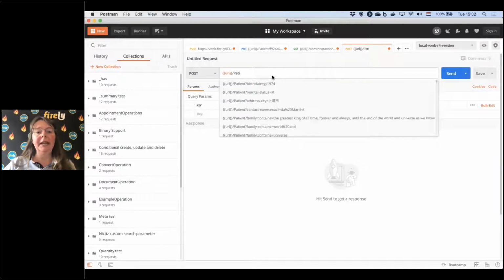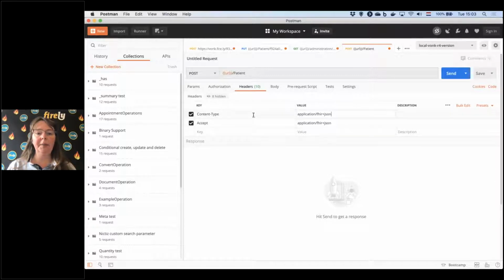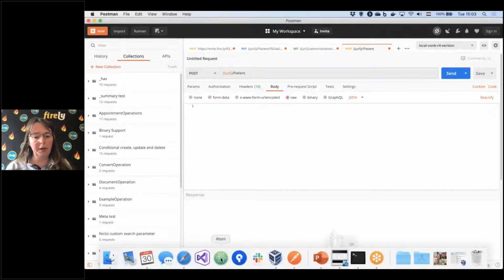I could create a patient on the Vonk system. Creating a patient with HTTP is done with an HTTP post to your endpoint, to your Vonk system in this case, and then to the name of the resource type. So this is what I have to do. I will also have to fill in a header, and the header that I want to fill in is a FHIR JSON content type header, because that tells the server what I am sending to it. Of course, I still need to fill in something in the body as well, because that is the data that I want to send. And what I'm going to do is first open up my